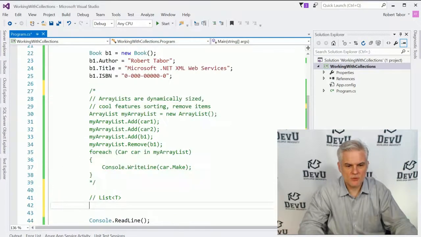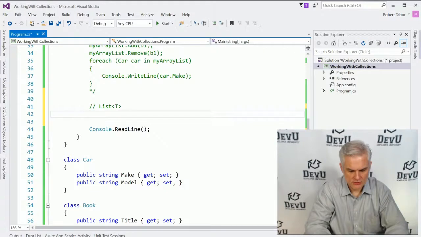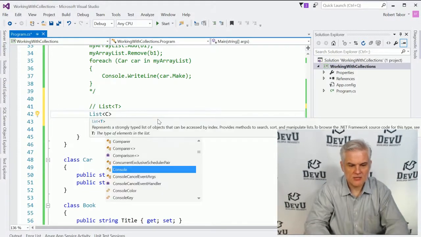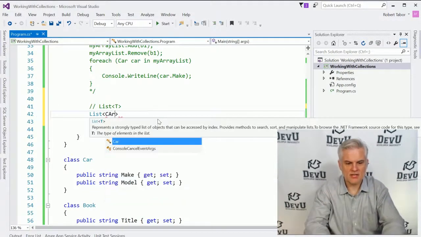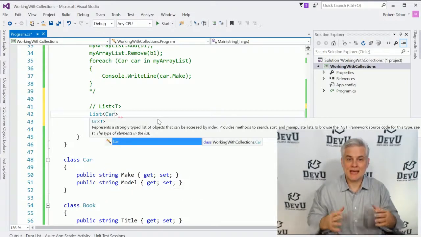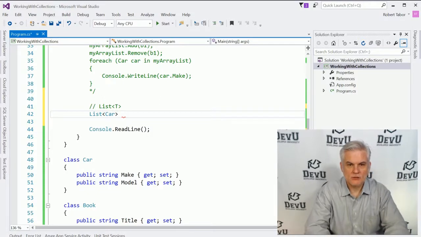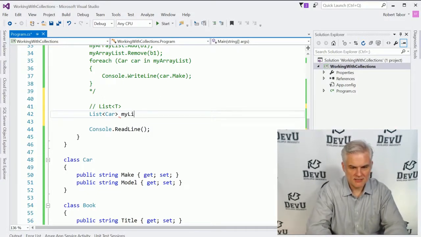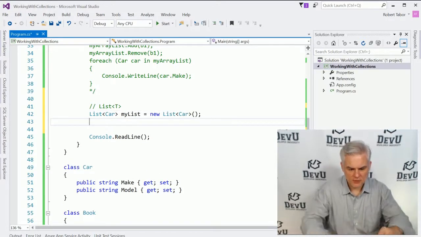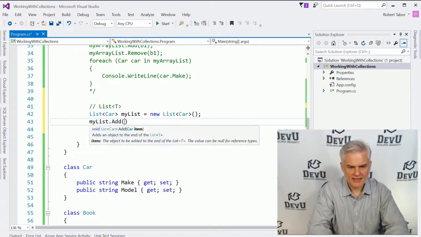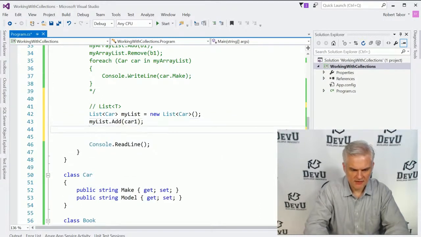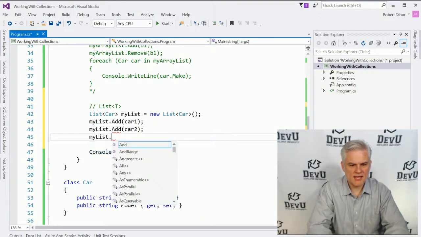So let's attempt to do this one more time. This time we're going to go list, and notice that I'm using angle brackets, and in between the angle brackets I'm going to say what data type I want to use. In this case I want to use the car data type. So list of car called myList equals new list of car, like so. And at this point we can go ahead and add car1 just fine. We can add car1 to myList. We can add car2 just fine. But what happens when we attempt to add the book